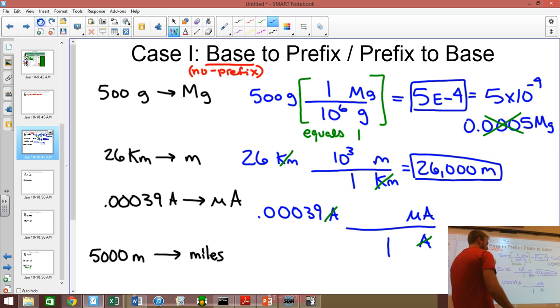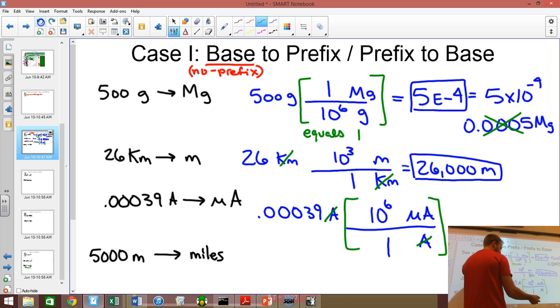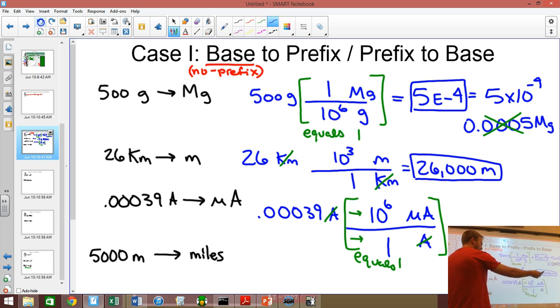And then micro means 10 to the 6th. It means negative 6, but I'm always going to use positive exponents. There's literally 1 million microamps. This is true. There's 1 million microamps in 1 amp, so this equals 1. So I multiply everything on the top,